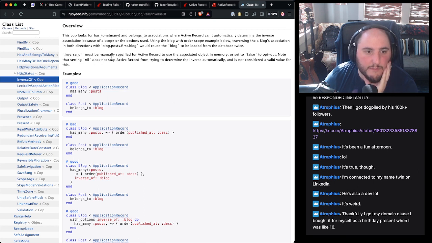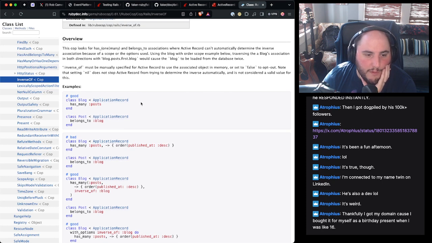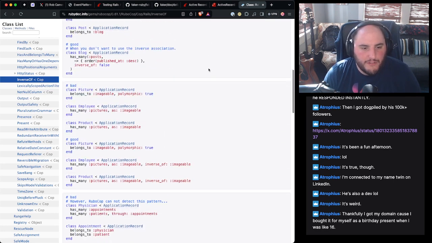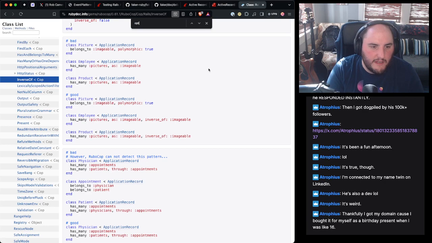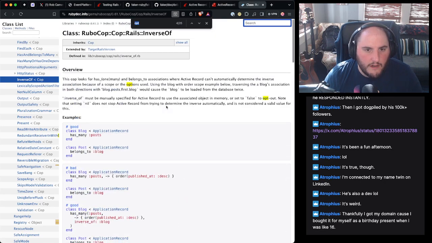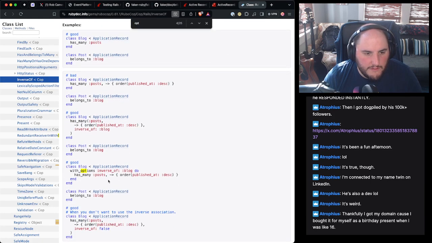Inverse of must be manually specified for active record to use associated object in memory or set false to opt out. Oh, okay. So I can explicitly say opt out. But I think what's helpful here... Well, no, this isn't going to help. So we just need to do an opt out. So how do you do an opt out? Inverse of do.